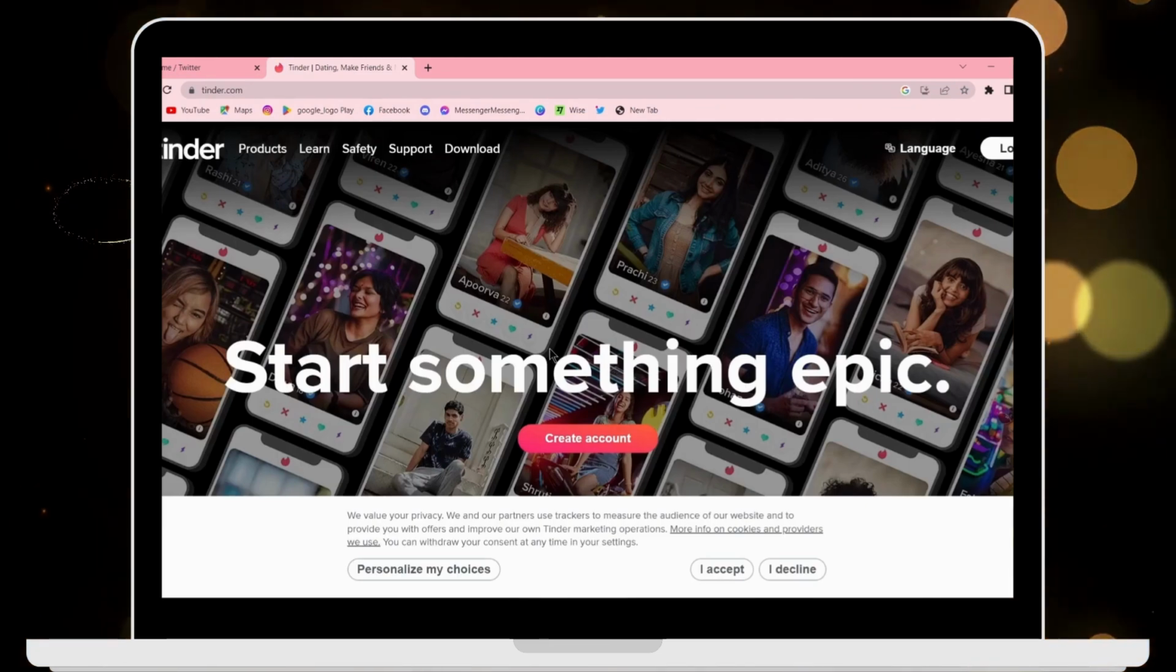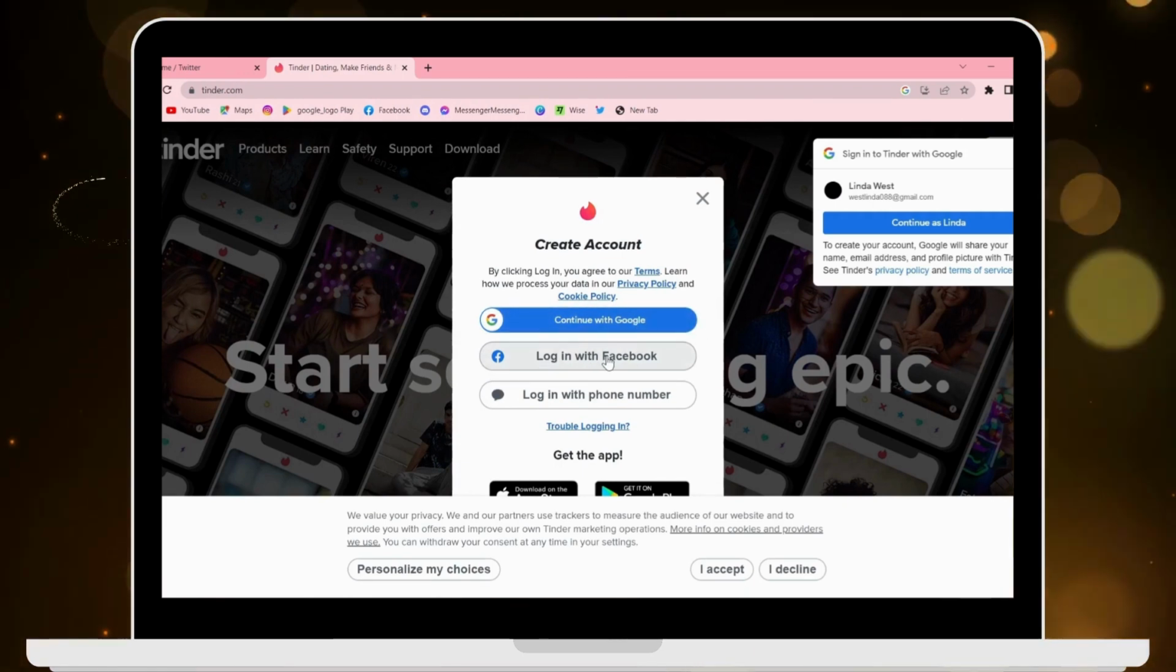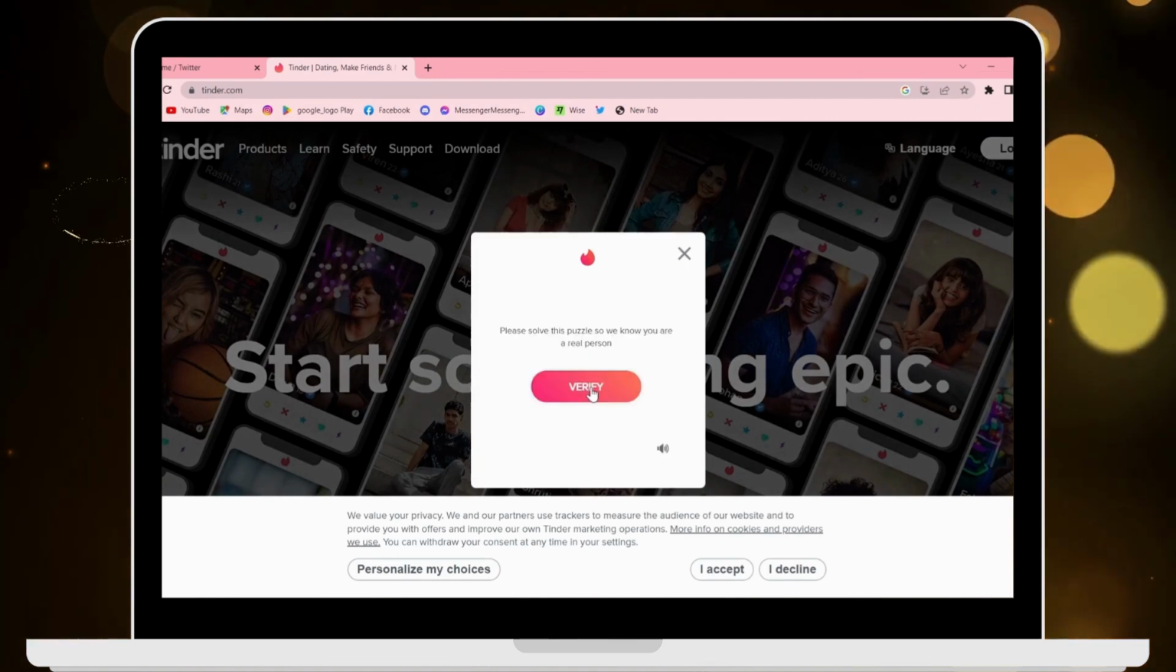And now to create an account, click on create account, and then you can continue with your Google account, or you can continue with your Facebook, or you can also continue with your phone number. So choose any option that you would like. Click on verify,